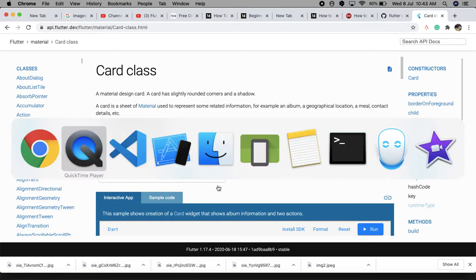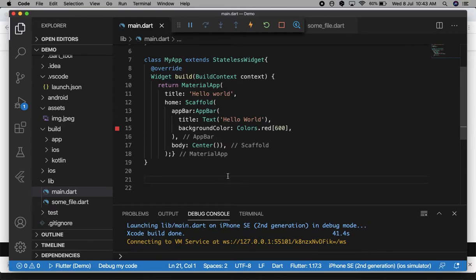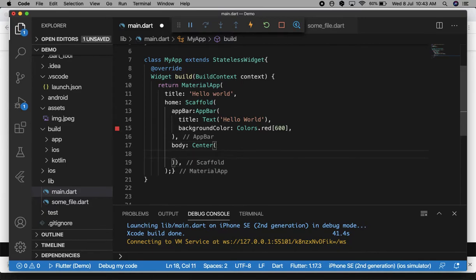Okay, so let's implement the card widget. I will implement a view into the card view or card widget. Okay, so in the body I have taken a center widget. That means I am going to show some layout in the center of the body or on the screen. Okay, so in the center layout